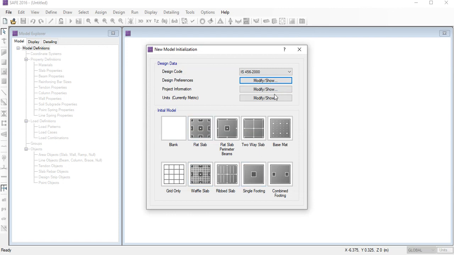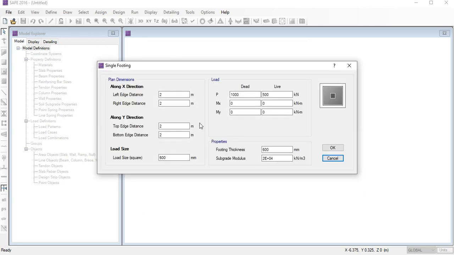And what you will do next, here is an option showing Single Footing, so you need to click here. There is also a pop-up box showing on the screen. This time I'm going to give some data along the x direction.